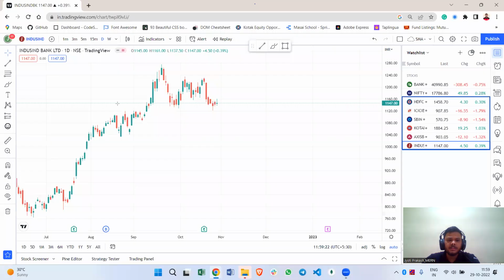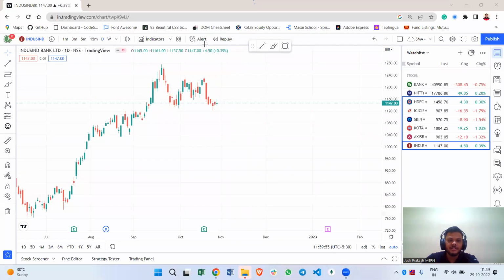Here you can see that IndusInd Bank did not go anywhere. It trades around that support level, and it made a doji candle here, and the high of that doji candle is 1160. If IndusInd Bank opens flat or opens a gap up and it closes above 1160, then we can expect some buying trade here, because you can see that it shows a W pattern, and if it closes above 1160, then we can take a trade for buying, and the target will be 1170